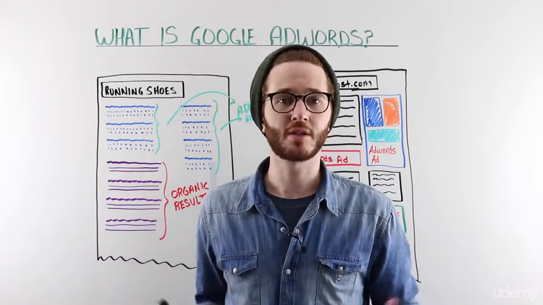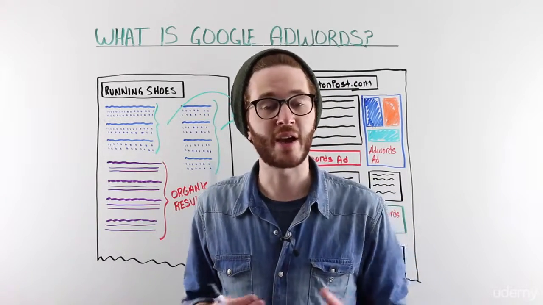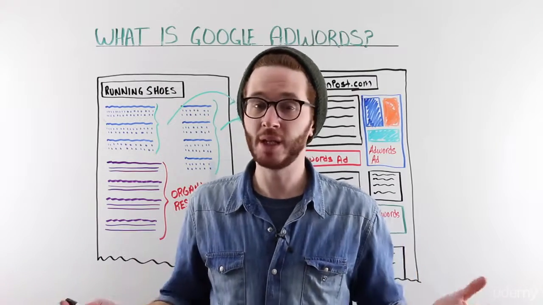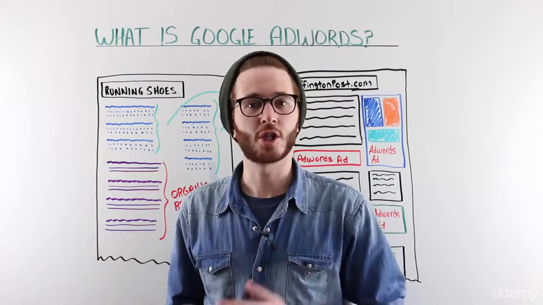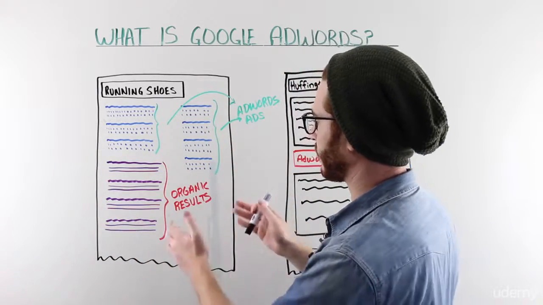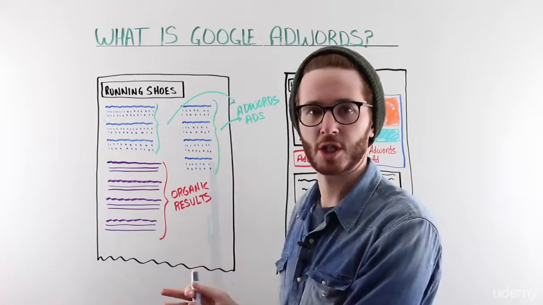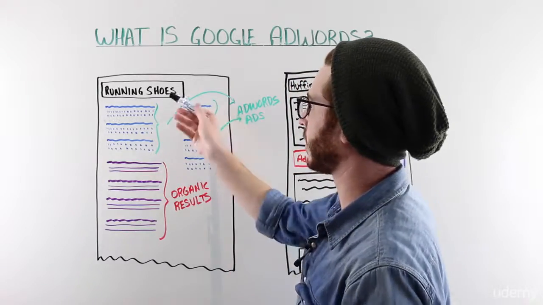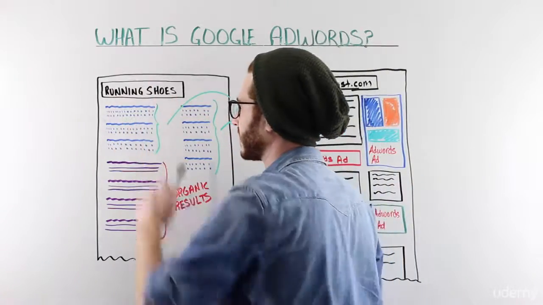They might type in running sneakers. They might type any variation of things. In fact, 3.5 billion different times there's a search on Google for something. So here is a very primitive representation of our search engine results page. Somebody types in running shoes, they hit enter. The search query is at the top,